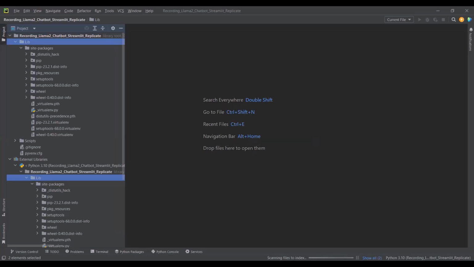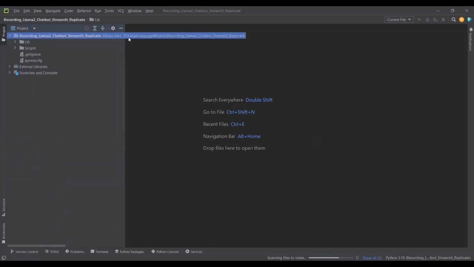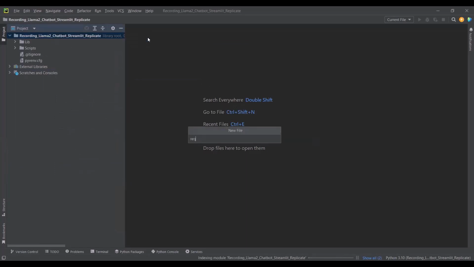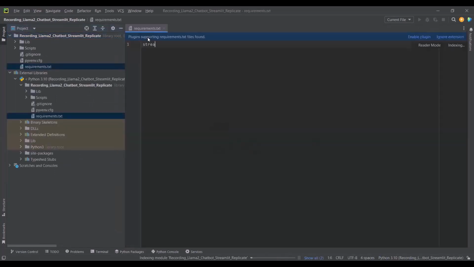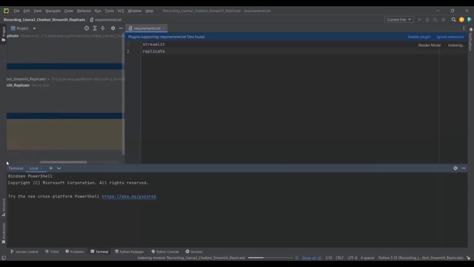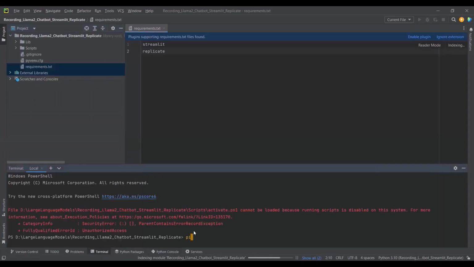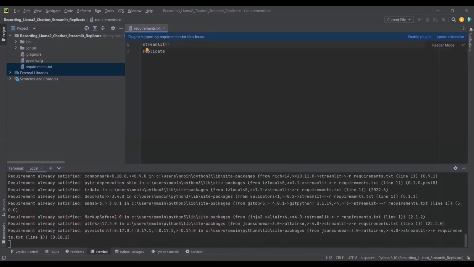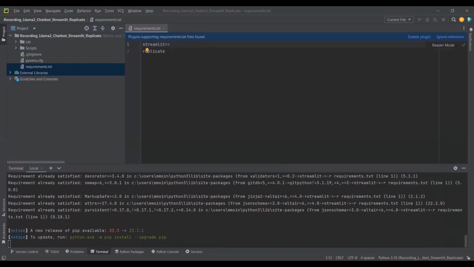So it's done. Now I will create a requirements.txt file in which I will list all the required packages. In the requirements.txt file, I will use two packages. One is replicate and the other is Streamlit, because I am accessing the Llama 2 model from replicate.com. Replicate is basically an online cloud platform which allows us to host our large language models. So we will be accessing the Llama 2 model from